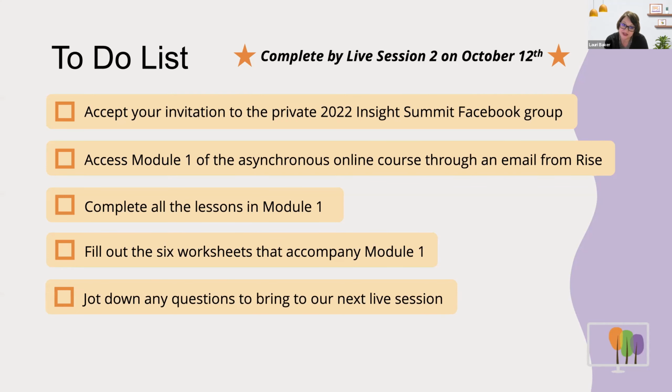There's a more detailed to-do list at the end of the modules because you have already completed some of your activities. There's at least one of those activities that we want you to take a picture of, or if you're completing it as a PDF, fill it out, send it back to us again so we can see where you are and we can figure out before our next live session what questions you have, how we can help you with things. So the same is true when you get that very fun survey section, is complete that so that we're prepared to come back ready to help you in the best way possible.